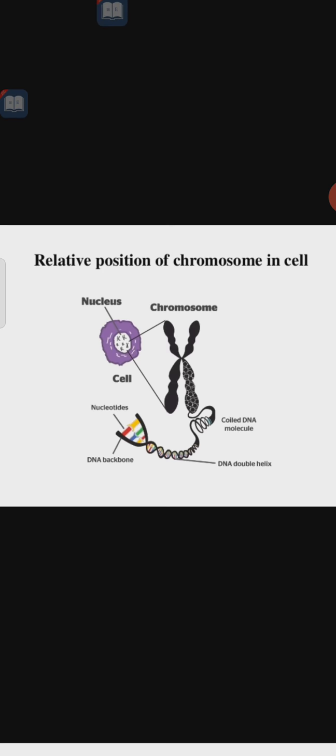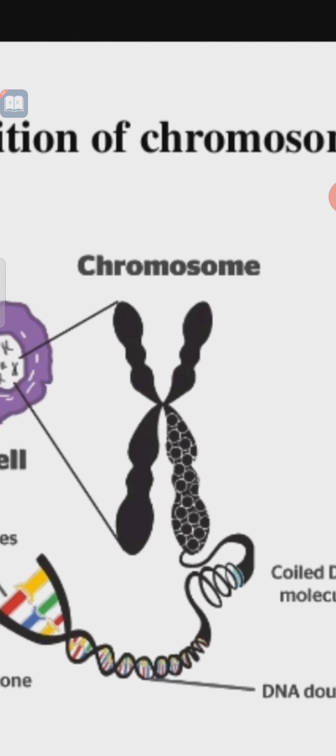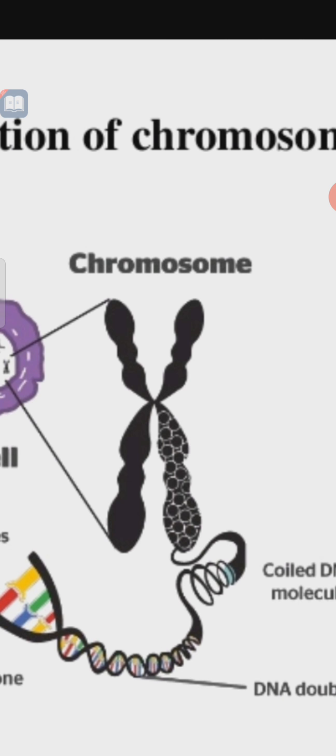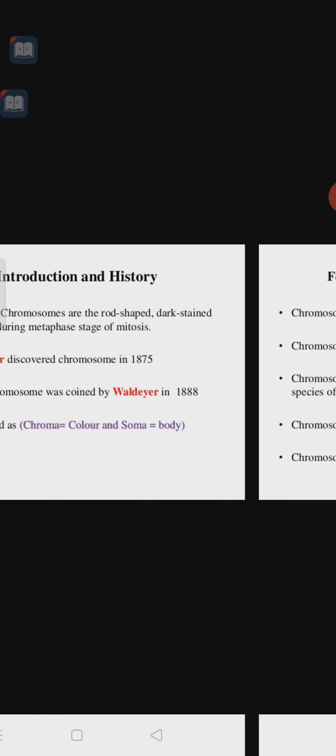Now, chromosome shape. The shape of a chromosome is generally determined by the position of the centromere. Means what? In the chromosome, the centromere is present in the center part. Where that centromere is present, at the central or at the lateral position, the shape of the chromosome is based on that. Chromosomes generally exist in three different shapes: rod shape, J shape and V shape. Like these shapes you can see.